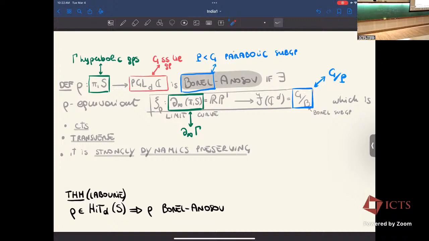Exactly. You don't have the behavior like in the quasi-Fuchsian setting, where for the domain of discontinuity you just remove the limit curve and you win. In this setting, you need to remove more. I will call it the thickening of the limit curve. That is what you need to remove to get this domain of discontinuity. And it will also give you a non-uniqueness, because there might not be a unique way to thicken.